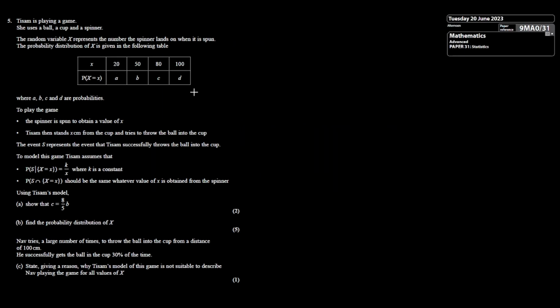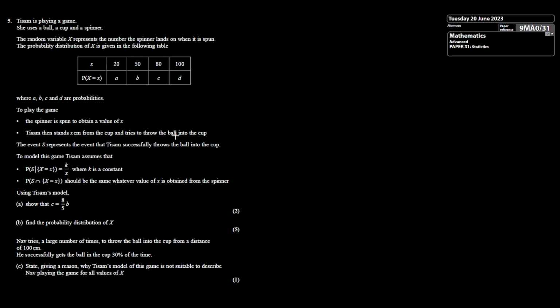Question 5 gives us a rather complicated question, and it took me a couple of reads to understand what was going on. There are two sections for this game. The first part is this spinner, and the spinner can give 4 results, 20, 50, 80 and 100, and the probabilities of getting those 4 results are A, B, C, D, so we don't know the probabilities of each of those. So having spun the spinner, Tissam now stands at either 20, 50, 80 or 100 metres from a cup